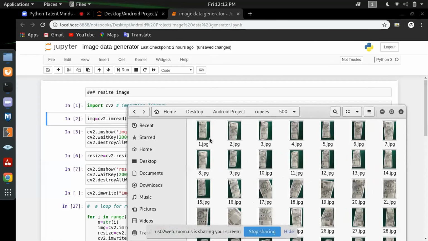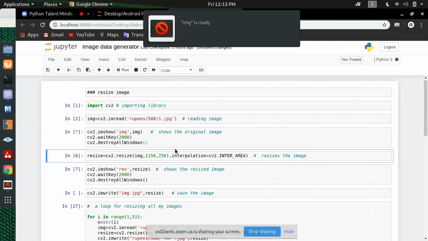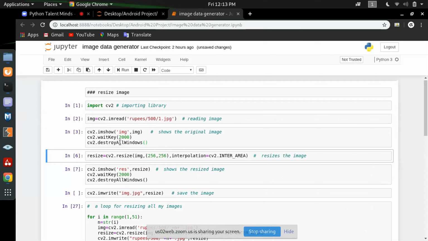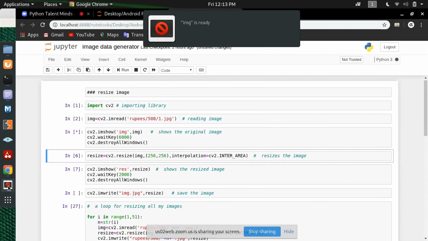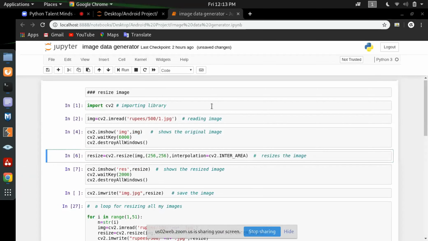Yeah, here is one .jpg. This is the image I have given to img, and I will run it. It will show the image. Actually, it is a very big image, so it just shows the corner, I think. It's not seen. Wait. Okay, it's very big in size, so it was not good actually.